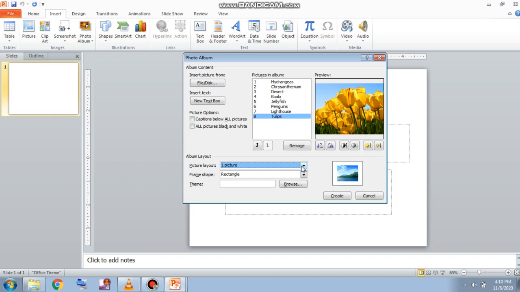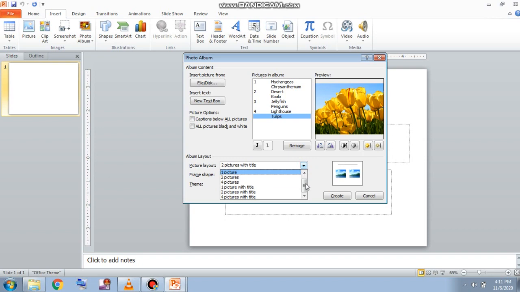Here is the preview. If you want to set 2 pictures in one slide, then you can do it like this and this is the preview of the slide. Or if you want to use 4 pictures, then it will be like this and this is the preview of the slide. Here also the pictures are arranged in that manner. So basically it is up to us how we want to arrange our pictures. Now if you want to give 1 picture with a title, then you see the title is being inserted. If you want to give 2 pictures and a title, then the title will be inserted.